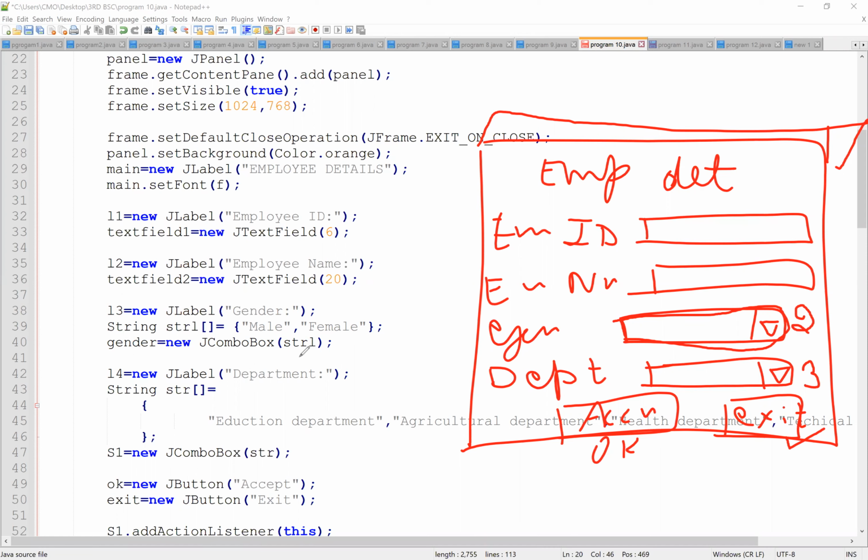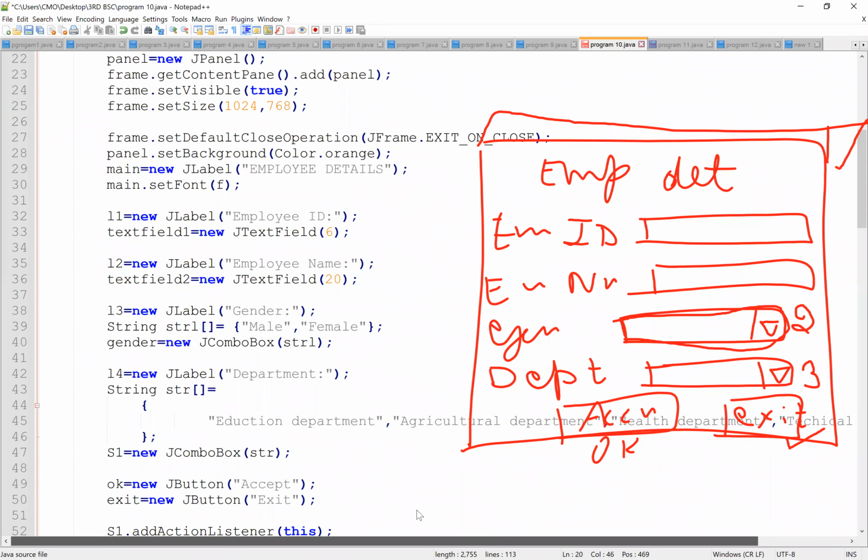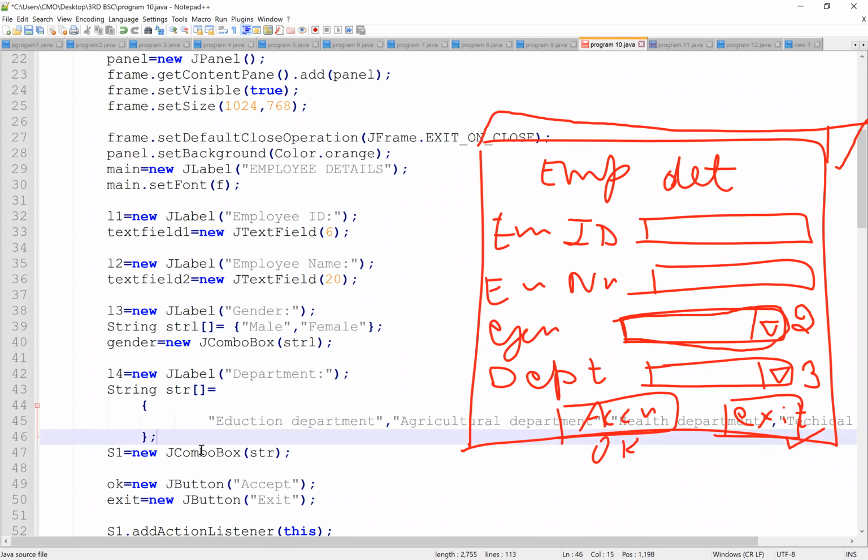In place of gender we are using department. Next is String str is equal to, in gender we have written male and female, only two options. In this we are supposed to write education department, agricultural department, next is health department, last one is technical department. After that you need to close your bracket with a semicolon.